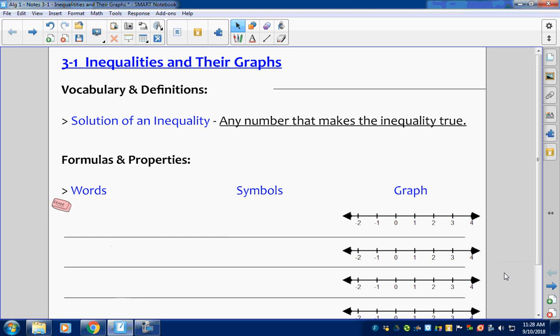So a solution of an inequality is any number that makes the inequality true. There are 4 different inequality symbols. There's a less than symbol, which looks like that. Less than. So as we read from left to right, if it's pointing towards the variable,